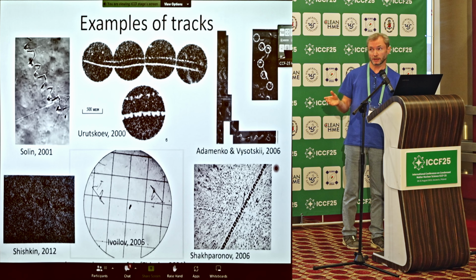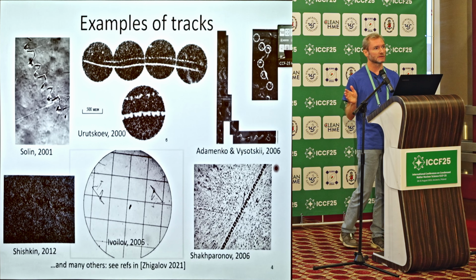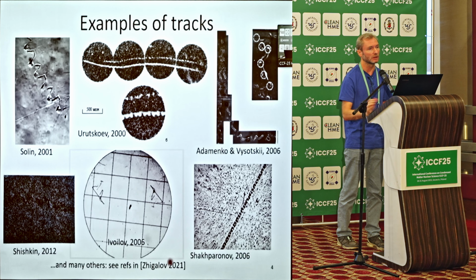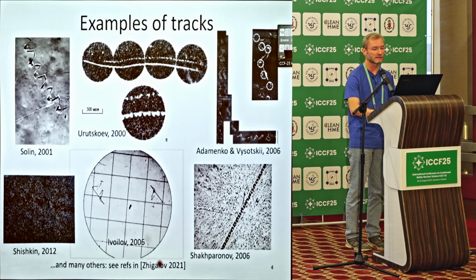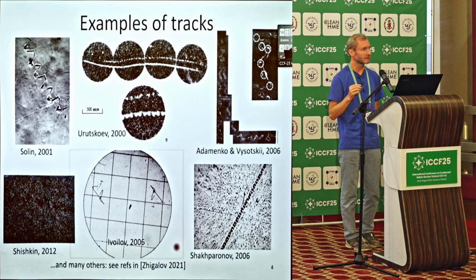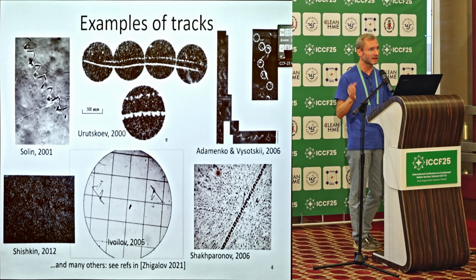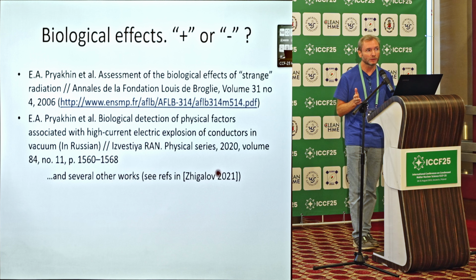Here we can see examples of tracks. It's just several examples. A lot of other works you can find in the literature. You can see that it's the same effect, the same pictures, and very important,